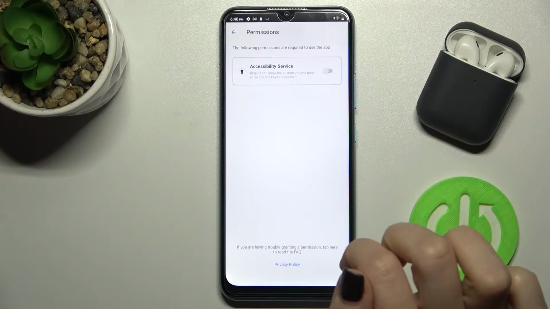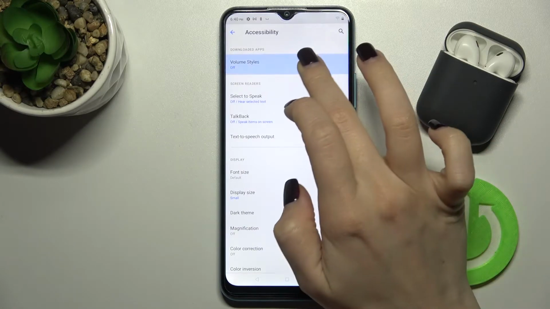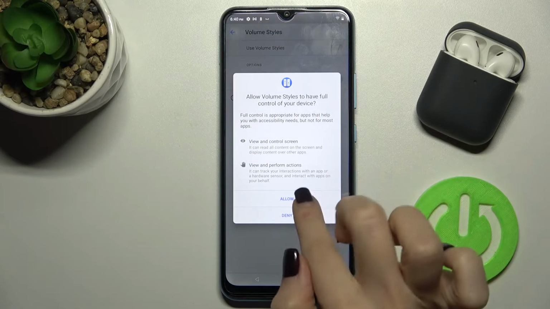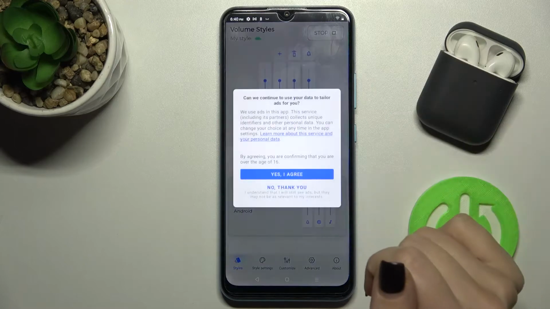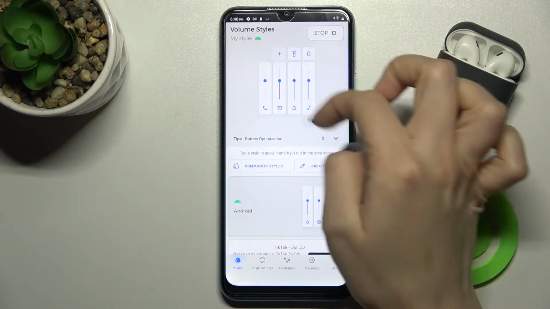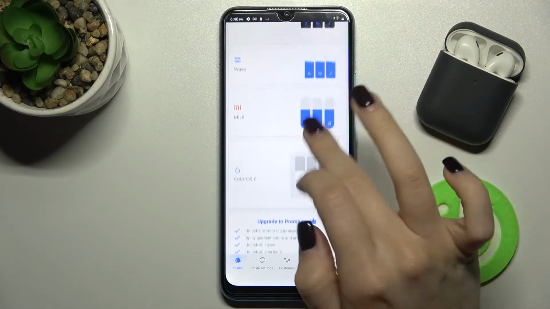Right now, in the upper right corner, tap to start. Here tap on the accessibility switcher. Here go to the Volume Styles app and tap on the switcher to use the Volume Styles app. Now just tap yes I agree, and right now you can see all the available volume panels, and you can